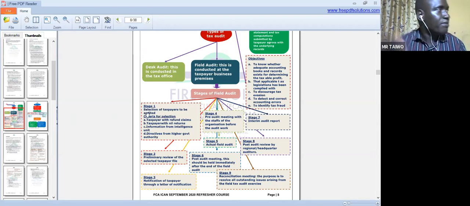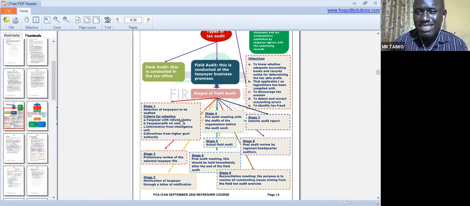You now ask, what are those things that they look at before they select you? There are things they will look at. There are things that make them want to select a taxpayer for tax audit. The first one can be a taxpayer with a refund claim. If you are telling the tax authorities that there is a refund from them, that they are owing you, or you have a refund from them, you are a subject of what, of tax